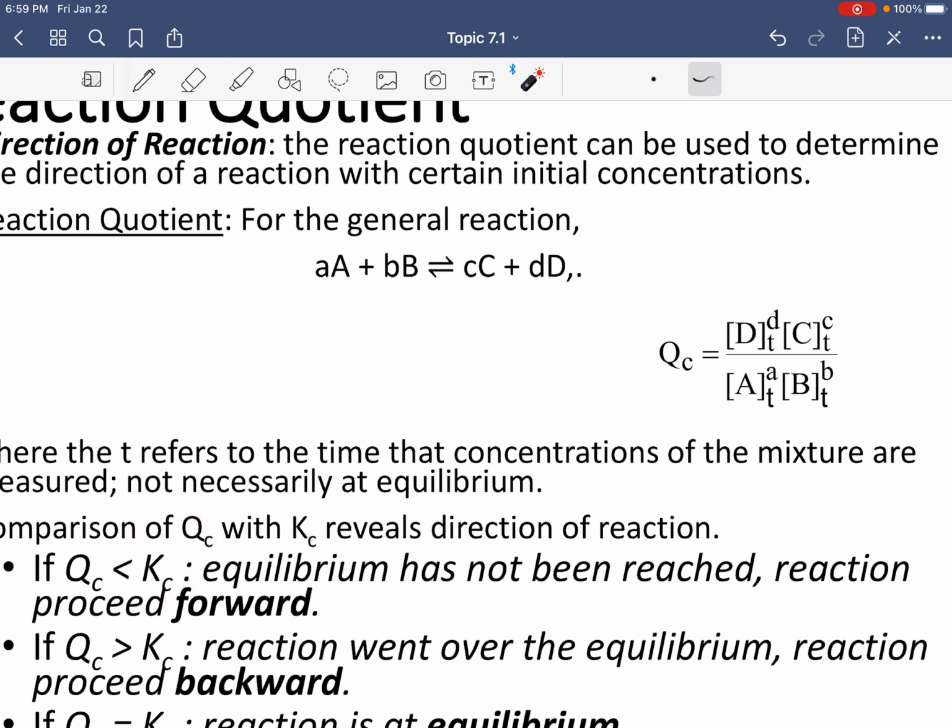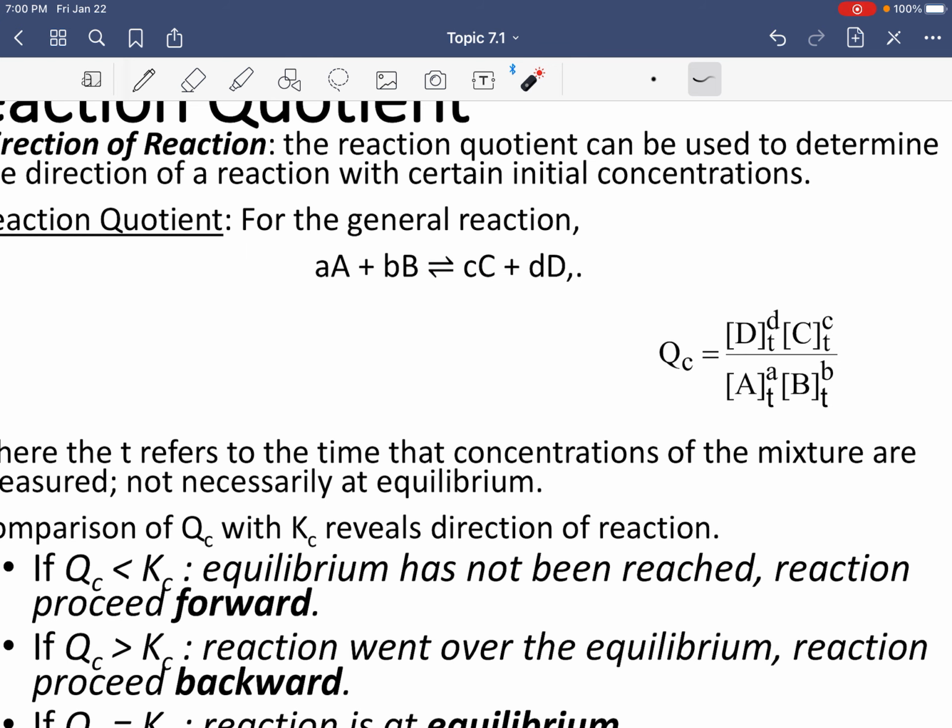Now, what if it's the other way around? What if Qc is a bigger number than Kc? What that means is that you're going to have a big number of these, so big that it's bigger than the equilibrium constant. At that certain time, this reaction is probably going backwards, because you have more of these things than you should for equilibrium to be established. So you're going to go backwards and make more of these, make this a little less,